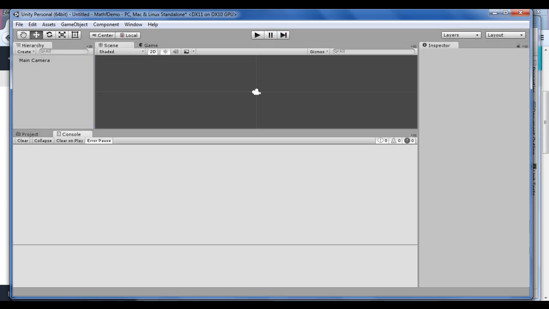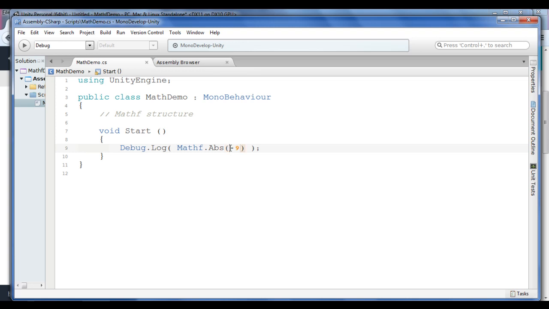Super, right? Another thing you need to note here is that there are 2 abs functions in the mathf structure, not only one. The first abs function takes an integer and returns an integer back. The second one takes a float and returns a float back. That means it returns the absolute value of a floating point number, so you can try a floating point value also. Understanding? Let us take an example: if you give -9.8,